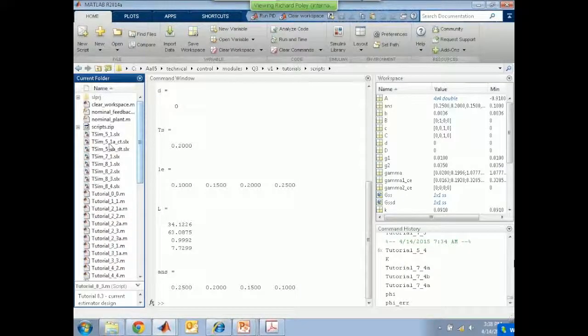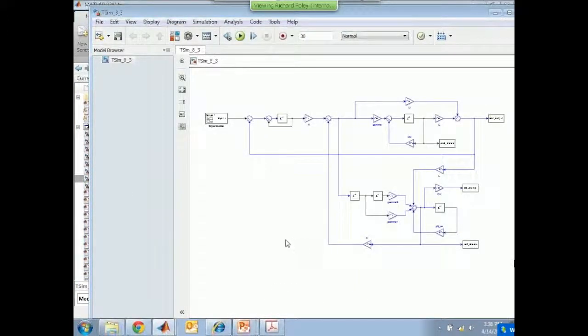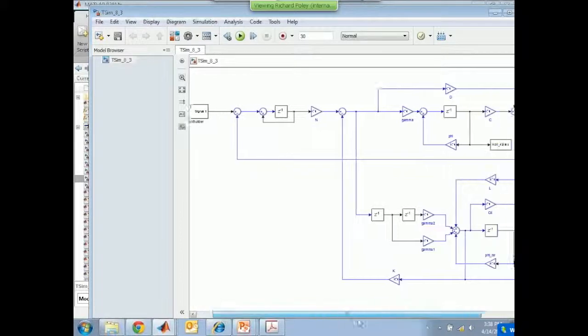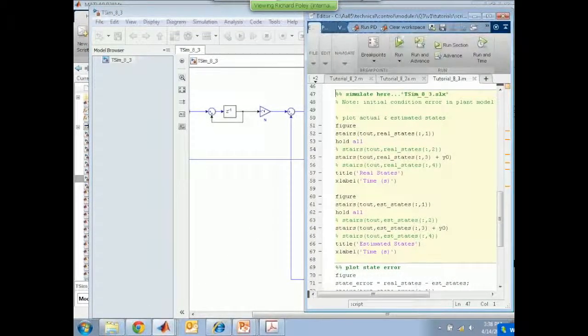So let's simulate this, and the structure of the estimator is going to be different now because it is using this. So here you've got the additional delay that comes in and the additional delay that needs to be present in V of k. So that part of it is a little bit different, and the rest of it you've seen before. So when I simulate this using the matrices that we've just defined, there we go. Let's hop back into MATLAB and plot the results.